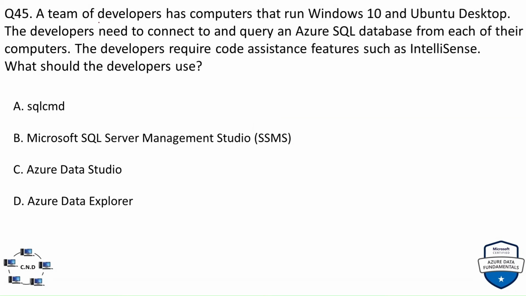Question number 45 is that a team of developers has computers that run Windows 10 and Ubuntu desktop. The developers need to connect to and query an Azure SQL database from each of these computers. The developers require code assistant features such as IntelliSense. What should the developers use? Options are A. SQL CMD, B. Microsoft SQL Server Management Studio, C. Azure Data Studio, and D. Azure Data Explorer. And the correct option is